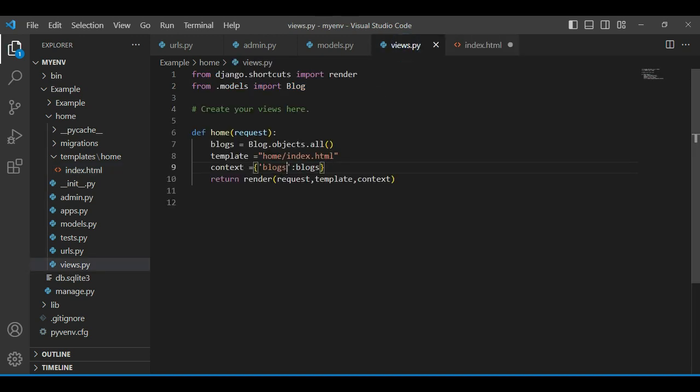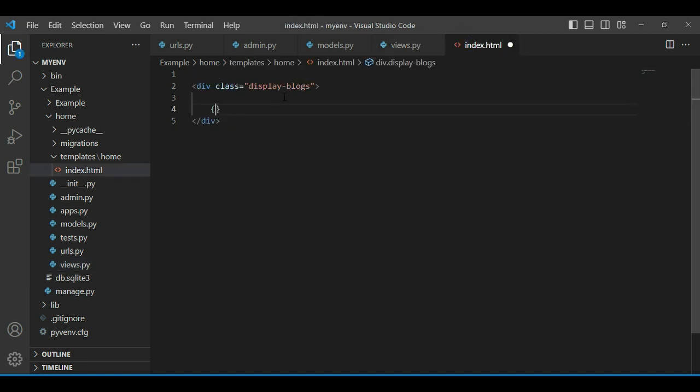We gave it blocks. This is the name that we passed to the template. We run a for loop. Let's first use an if statement to check if any block has been created for the Block class. If blocks,